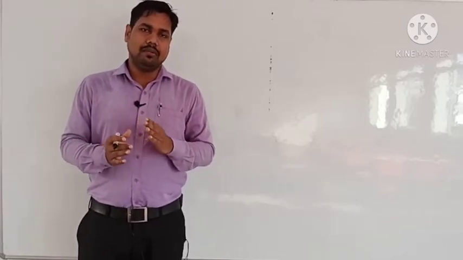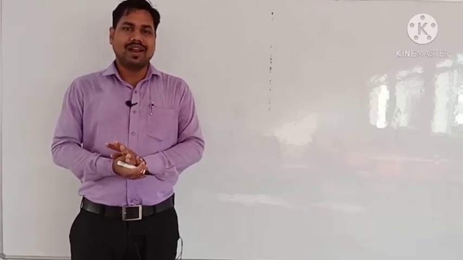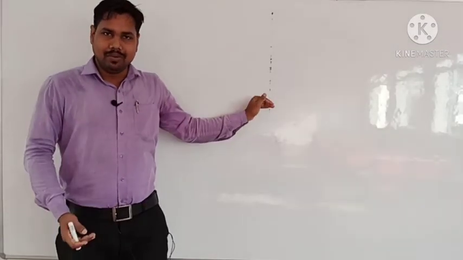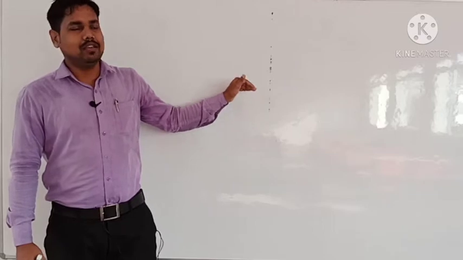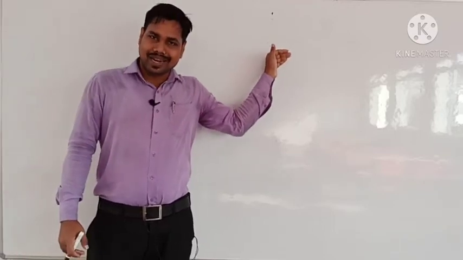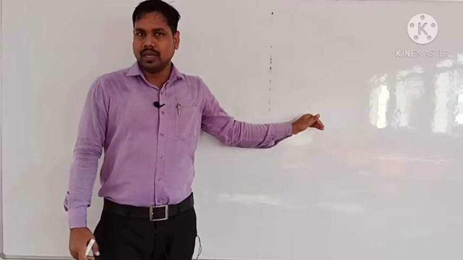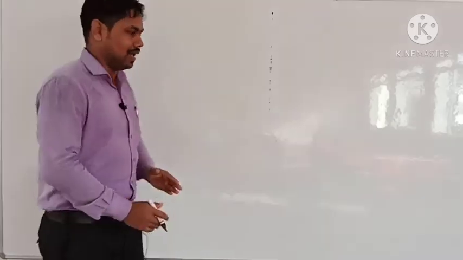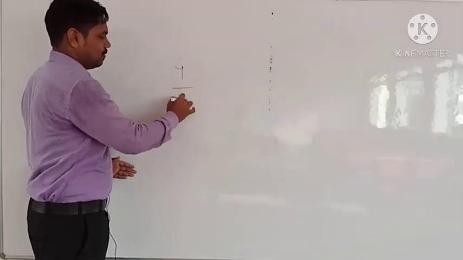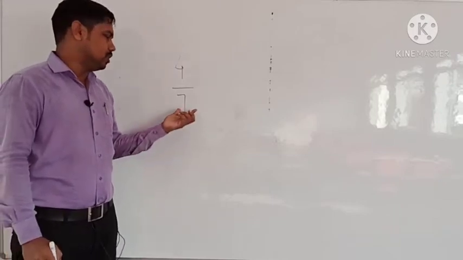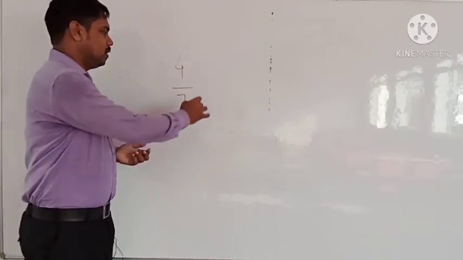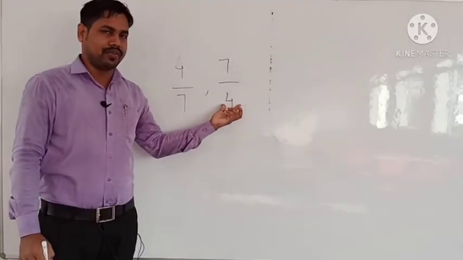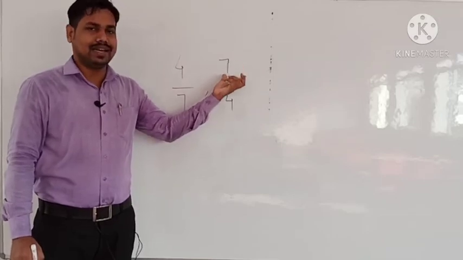Then also we have learned about the fractional number whose numerator is smaller and denominator is greater, and one type of fractional number whose numerator is greater and denominator is smaller. So those are proper and improper fractions, right? Like 4 by 7. So this is a proper fraction because the denominator is greater than the numerator. Then like 7 by 4. So this is an improper fraction. Why? Because the numerator is greater than the denominator.